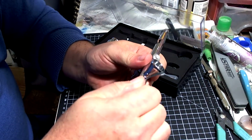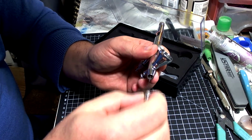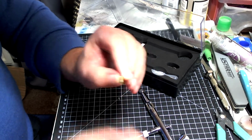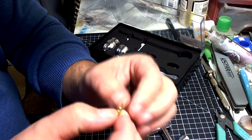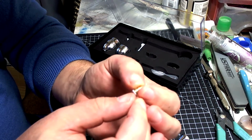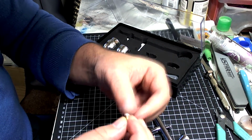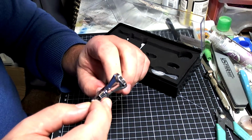Now these, I believe, at least I hope, these have a newer way of using. Yes, it does. This is Bartsharp's patented design that they now have for their airbrushes. This is their needle nozzle. Easier to clean, easier to maintain, and easier to change. There's no screwing them on or anything like that. They're just there, and all you do is just